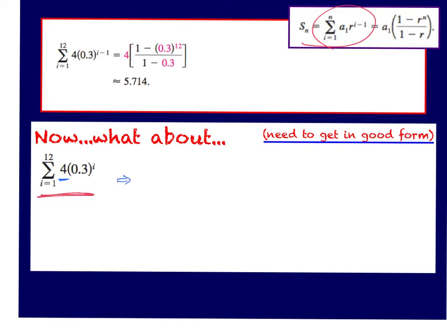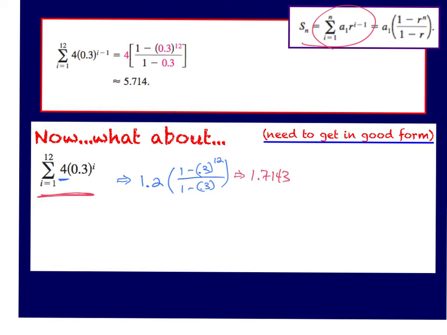So my a sub 1 is actually 1.2. And then I have 1 minus, what's my r? 0.3. And then it's raised to the power of 12 over 1 minus 0.3. All right. And then I put that in my calculator. We end up with,